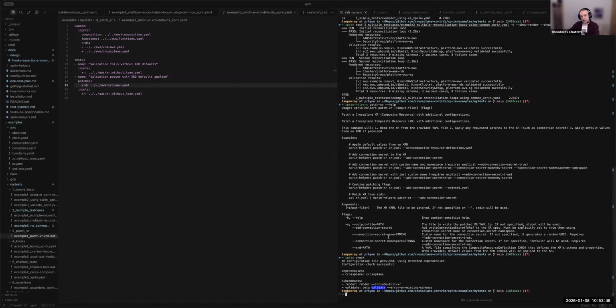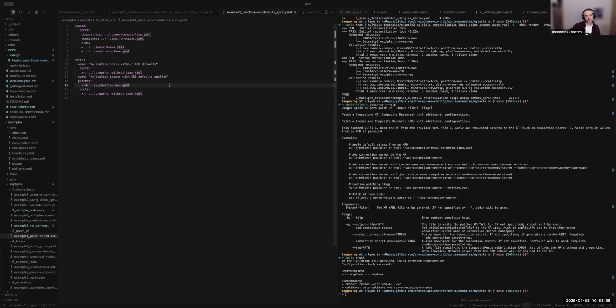In the future for this patch XR tool, I want to introduce more things, like to be able to add or remove fields and other things. Anyway, right now this is the only thing supported, and it's pretty much the same functionality. We can see it in this example that we have defined an XRD that has required team, and the team has default value.